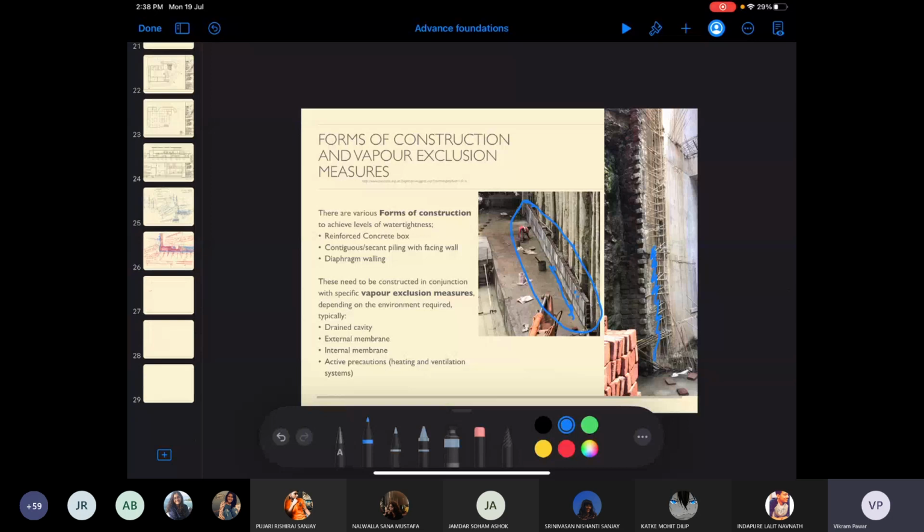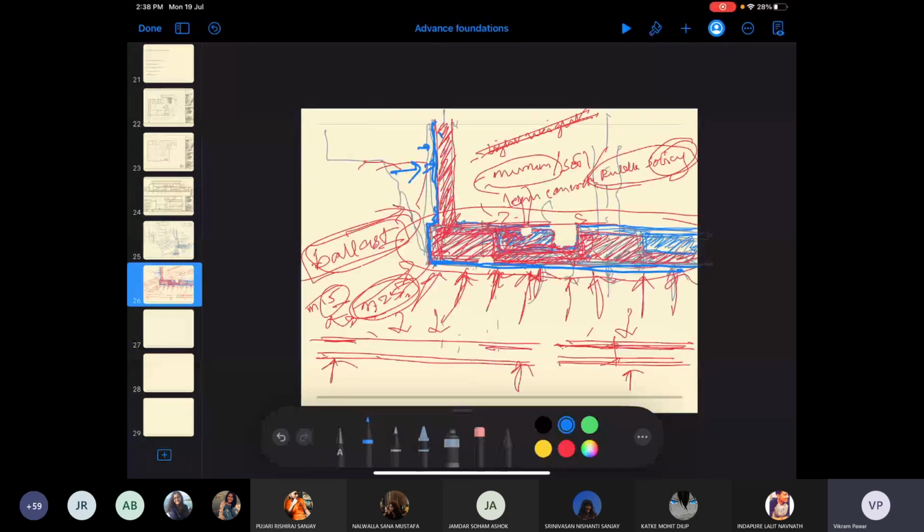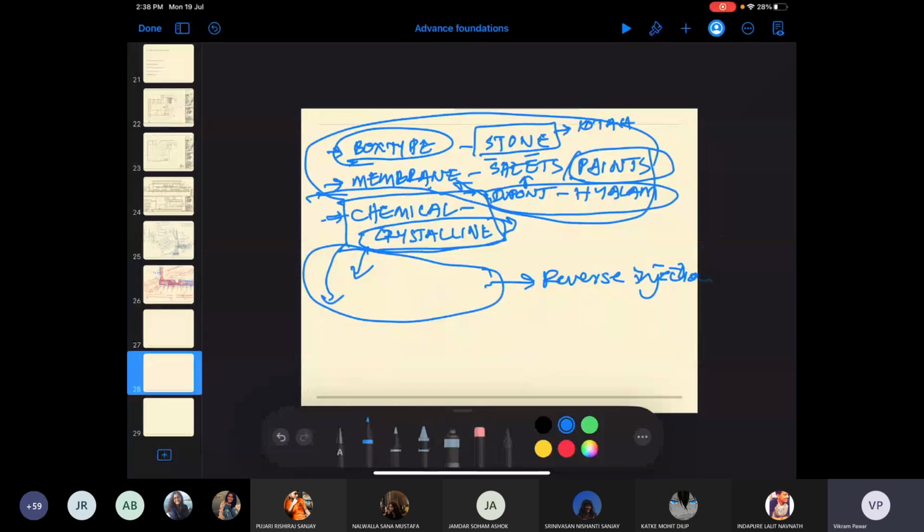There are various ways. Some people give only one layer of Kota stone. Some people go for two layers of Kota, depending on what the stress on it is and what the requirement is.